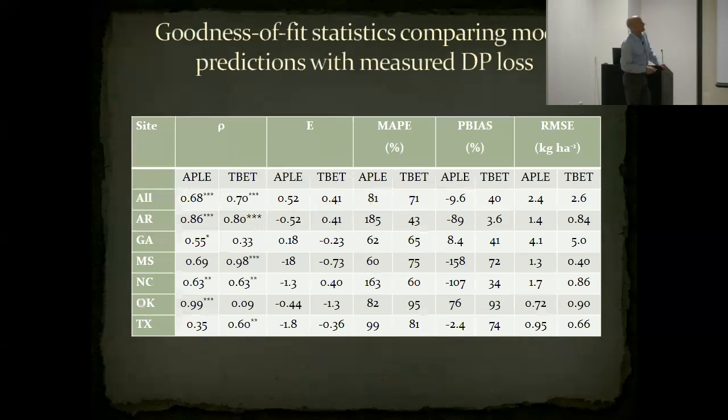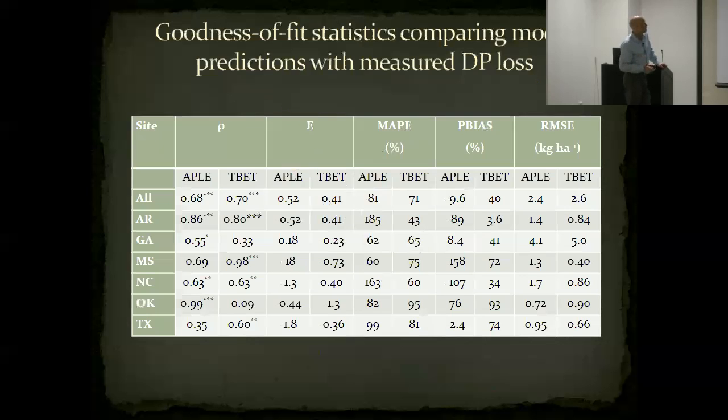I don't know if I'd call it acceptable, but not horrible, not zero, not negative. But look at this. This is a median absolute percent error. So the median value between the observed and the predicted, 81 and 71%. So that's pretty significant. So any model prediction you have on average, or the median, is going to be off